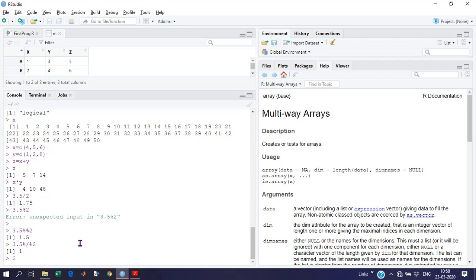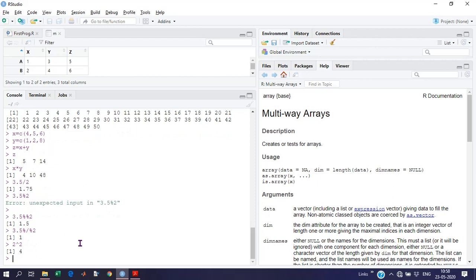We can use 2 raised to the power 3, and so on.